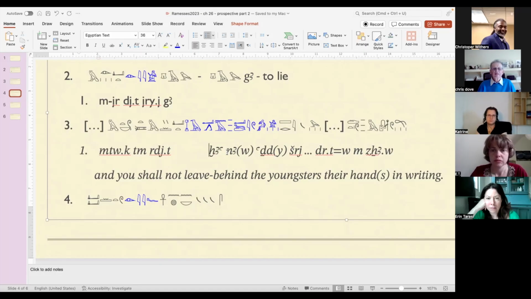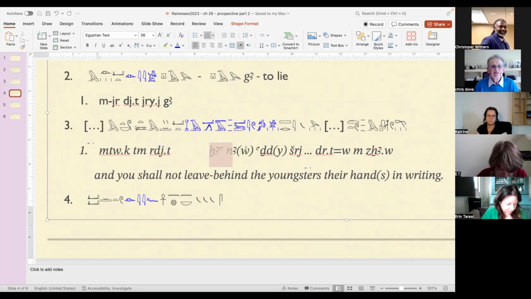What would that be? Leave behind the small, the youngsters. But who's leaving? Who's doing the leaving behind? If it is a sedgemoth, this is the subject here. So who is the... Is this a missing subject or something? It could be, but if you think about it, we know it has to be a sedgemoth because of the LD. So if this is a sedgemoth, where would you expect the subject to be? Right after the ha'i.